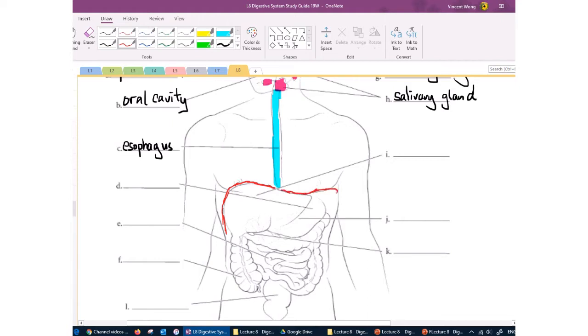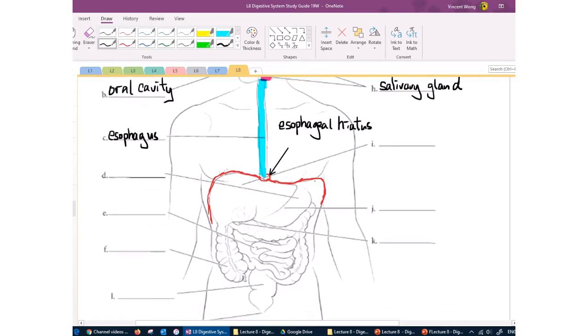There is your diaphragm, and there is going to be a hole in the diaphragm that allows the esophagus to go through. So that opening that allows the esophagus to go through is called the esophageal hiatus. Okay, it's basically a gap that allows the esophagus to go into the abdominal cavity, where it is going